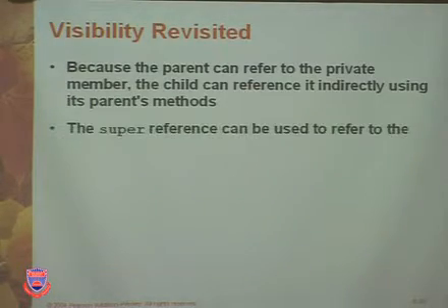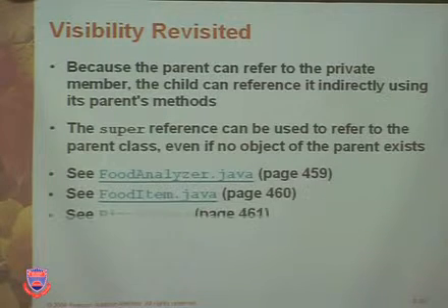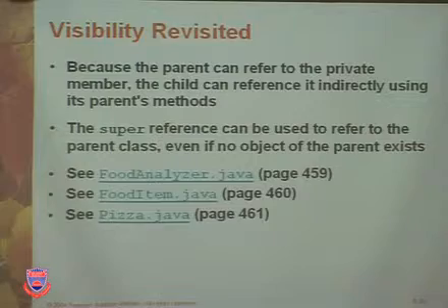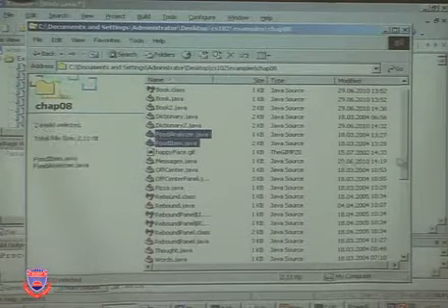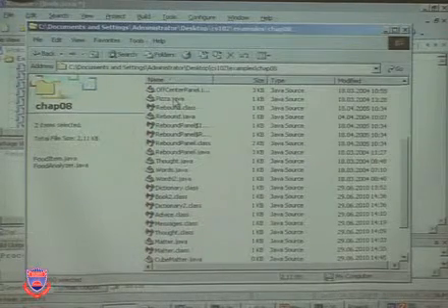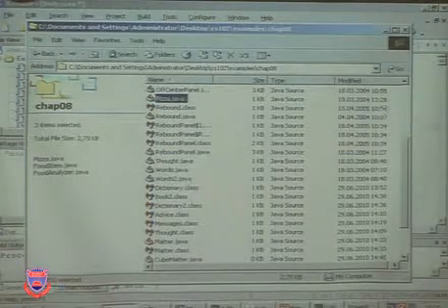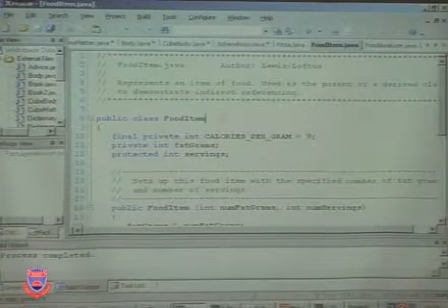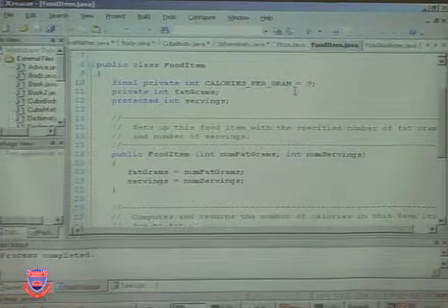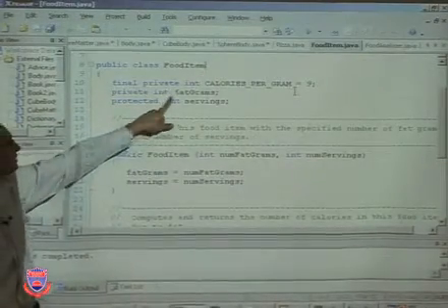How are you going to access them? You will use the super reference to access those variables if you have another variable that is using the same name. So if I go ahead and show you this example: food analyzer, food item, and then I have pizza. As you see, we have the food item class, which is a public class with a constant final private int calories per gram, and then a private instance variable, fat grams,